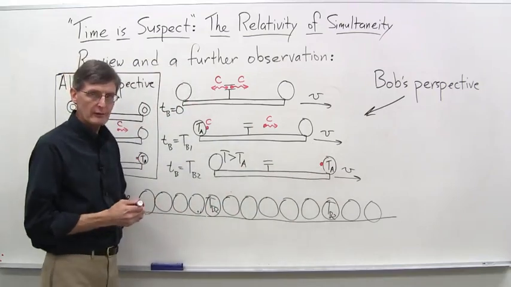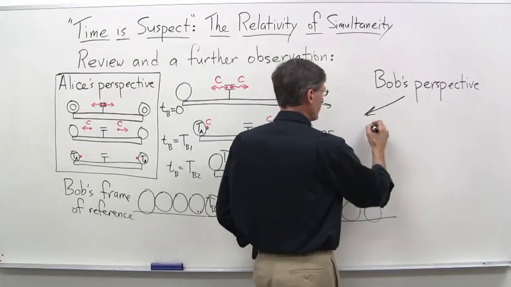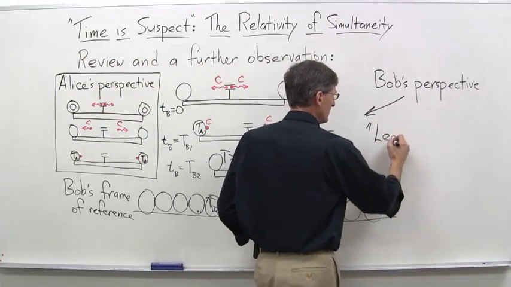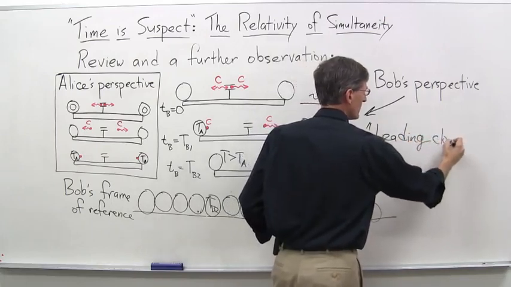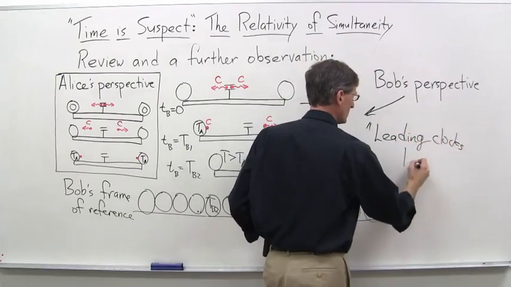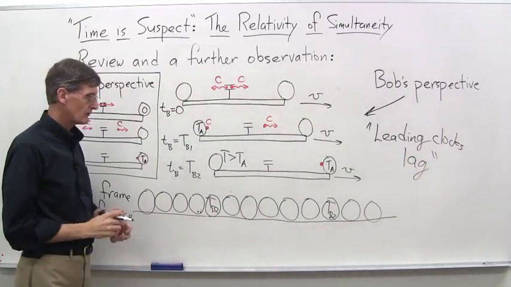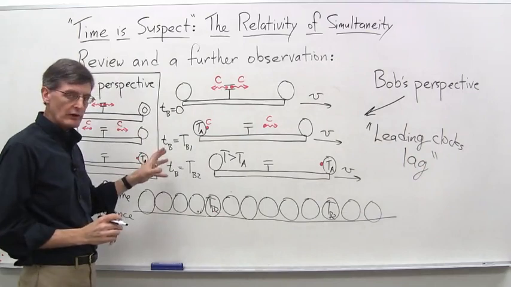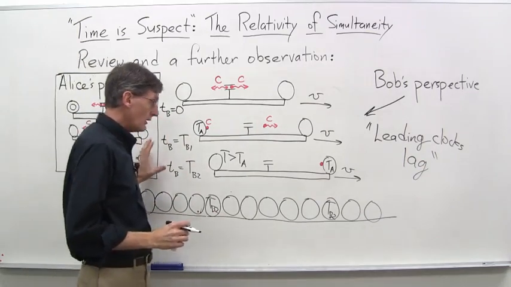This is a principle, and we can state this as such. We'll use this a number of times. It's this: leading clocks lag. When you're talking about a situation where you have an observer, like Bob, and he's observing Alice's clocks going by,